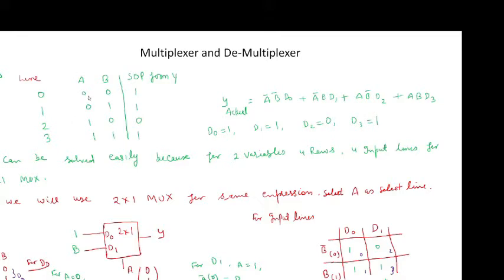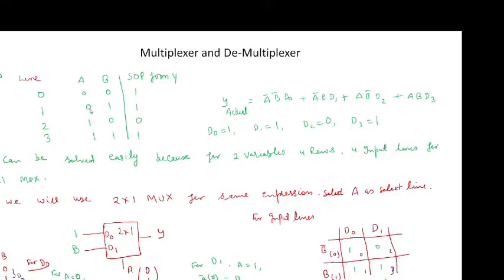So for D0, AB is 0, 0. Now when AB is 0, 0, it lies on line 0. So when F(A, B) is equal to Σm(0, 1, 3), it means that it is the SOP form. So for line 0 we will have output 1. So we will write here 1.